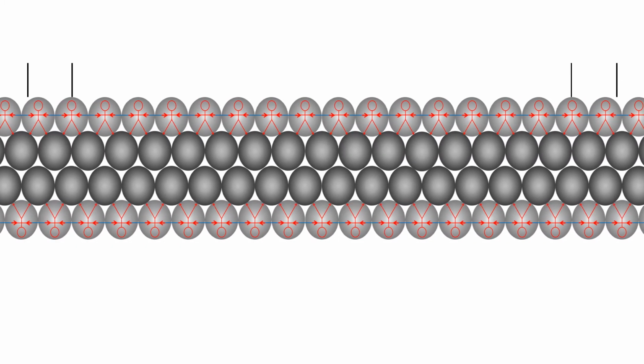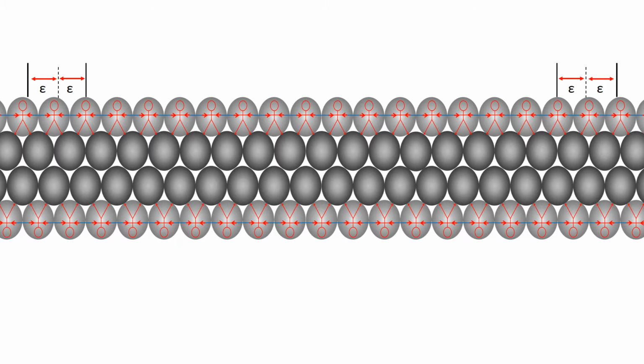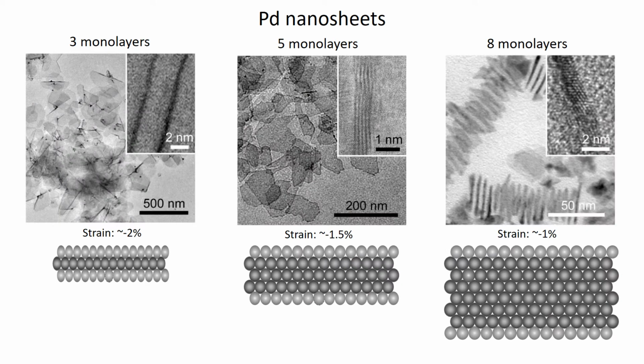If we decrease nanosheet thickness, analogous to using a thinner spring, the magnitude of strain will increase. Based on this strain-thickness relationship, we used density functional theory calculations to design a series of nanosheets. We have synthesized palladium nanosheets, which vary from 3 to 8 monolayers in thickness and have compressive strain from 2% to 1%. Our electrochemical tests indicate that these nanosheets are highly active for fuel cell reactions, in agreement with the